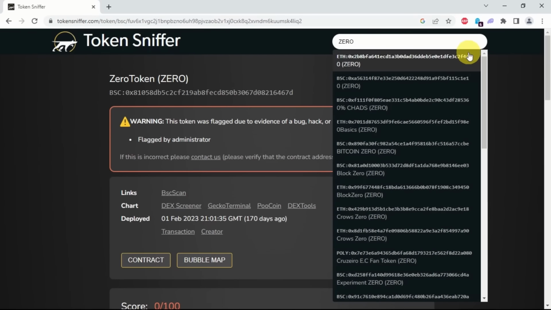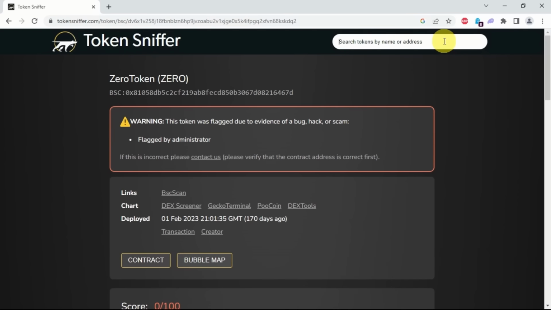So just typing a name will give you a lot of results. This is why it's always handy to get the smart contract address. It's also a good habit to seek out the contract address, as by just going through that process, you can uncover a lot of things about a token.